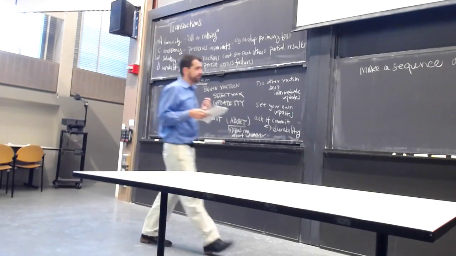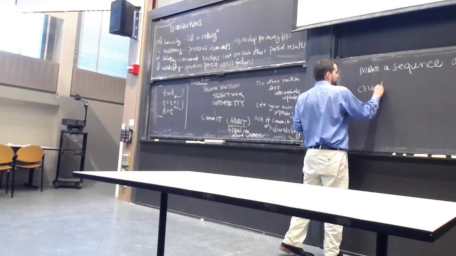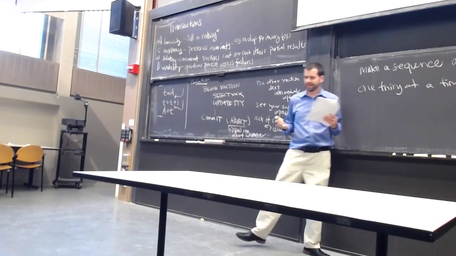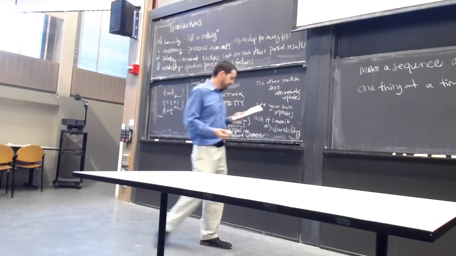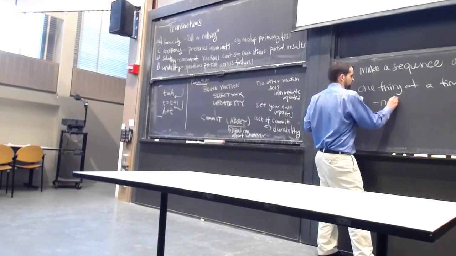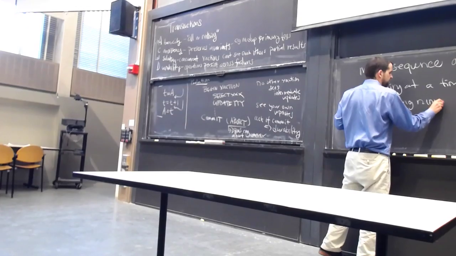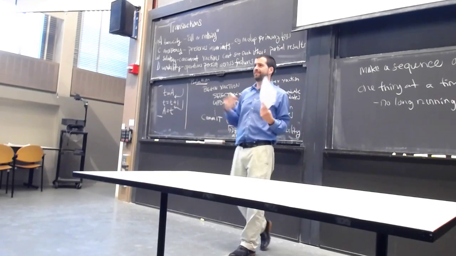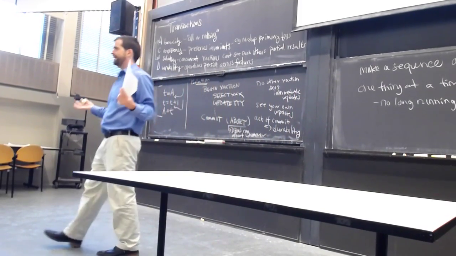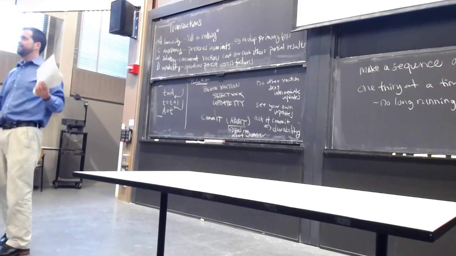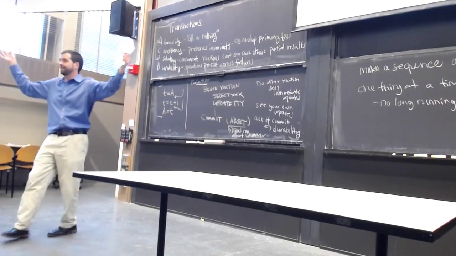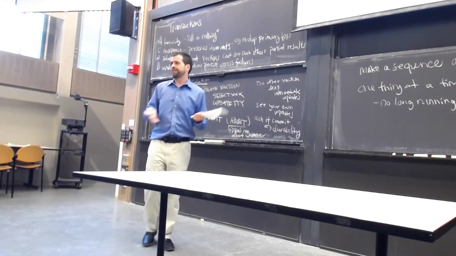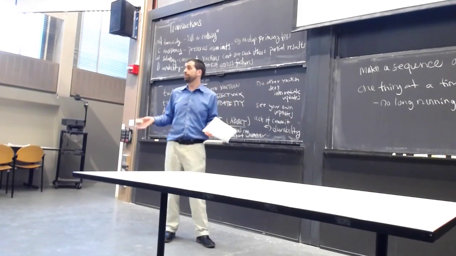Okay, so of course, the problem with one thing at a time, as we discussed last time, there are a couple of problems with it, right? So one problem is that we can't support long-running operations. If you have long-running operations, they would be really bad, because then the system would be unusable for short operations, right? So if you have things that take multiple seconds or minutes or whatever to complete, then you're going to be locking the whole database system during that time, and that's not going to be very useful, right? So you could do what HStore did and say you can't have long-running operations, but obviously in a completely general world, that's not a very appealing solution.